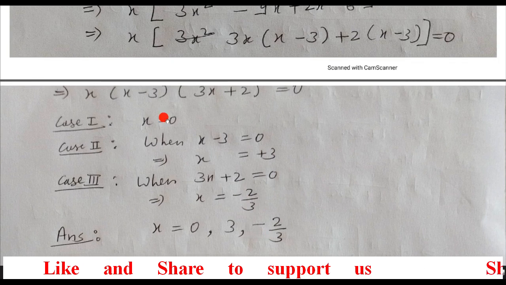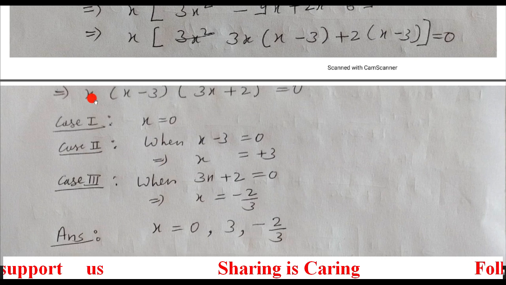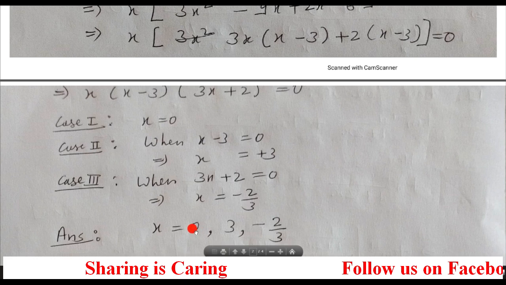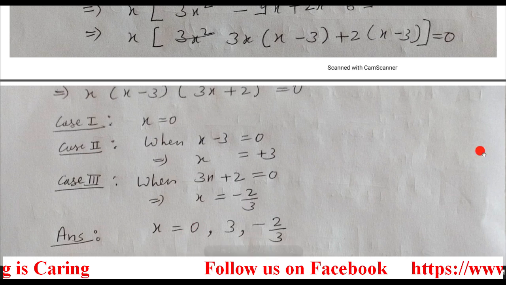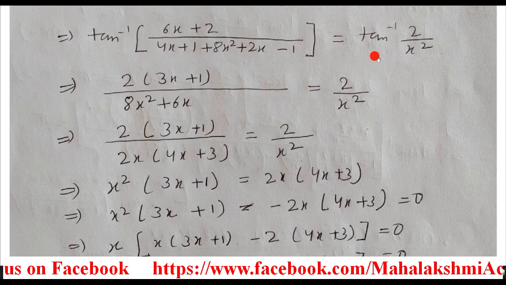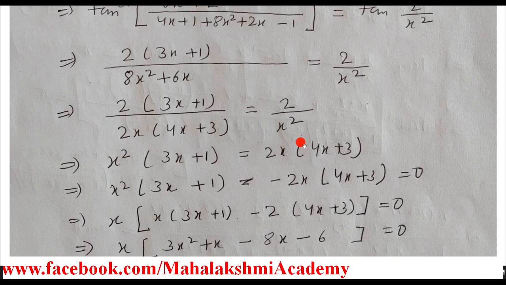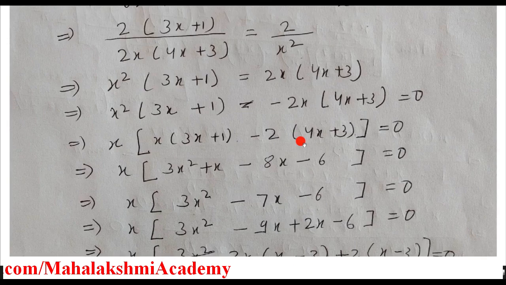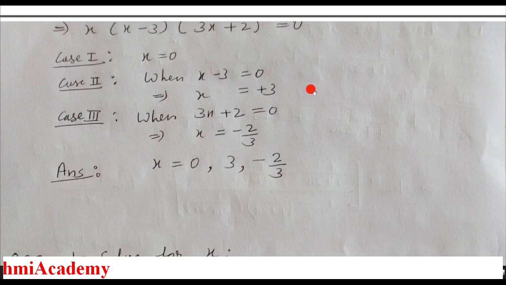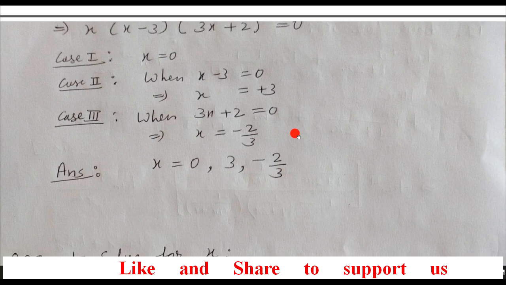Now students, as I told initially, from the denominator don't cancel x, because if we cancelled it, we are not going to get one value of x, that is 0. That's why when we have to solve for x, we should not cancel like this. If we can, then also we should not cancel x, because by this we reduce one value of x. That's why we should carry x till the last step, so that we can get all the values of x properly. I hope this question is clear to you.